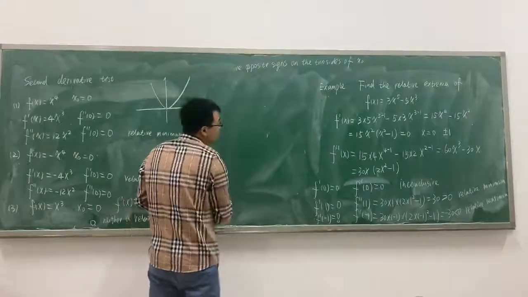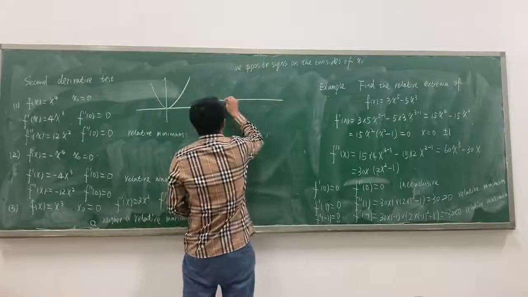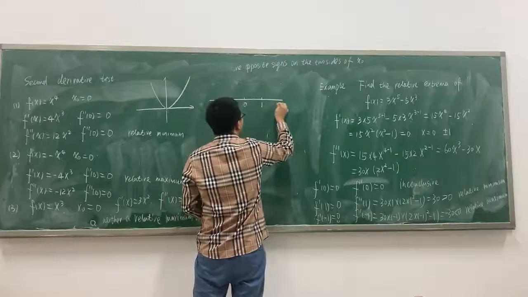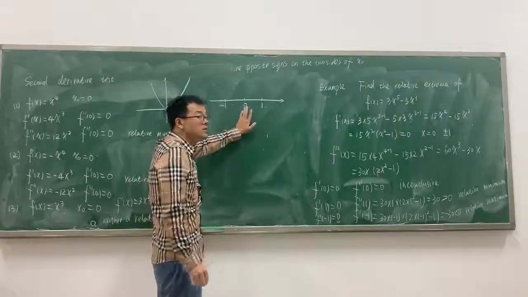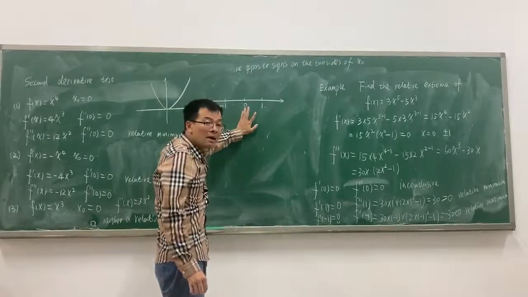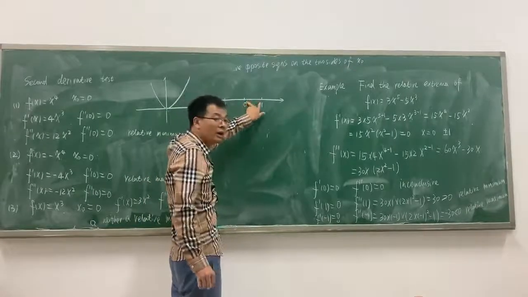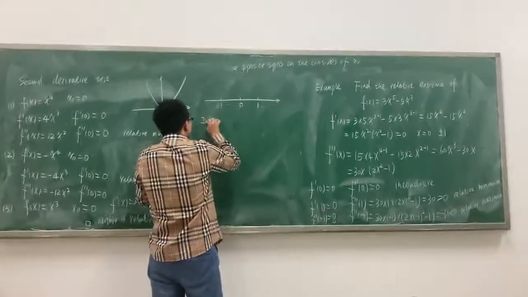The first derivative test. So here is minus 1, here is 0, here is 1. So we need to see the 1 nearby. We just need to see this interval and this interval, okay? This interval and this interval. So here are these intervals,